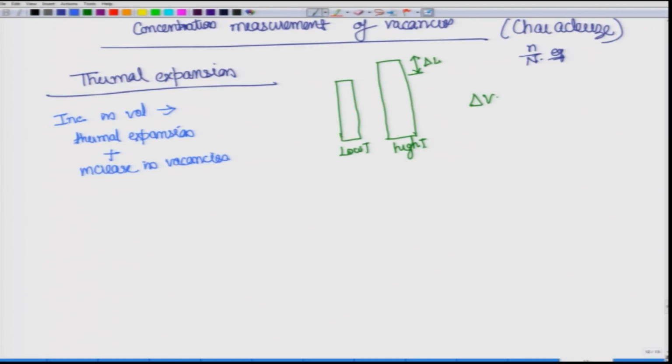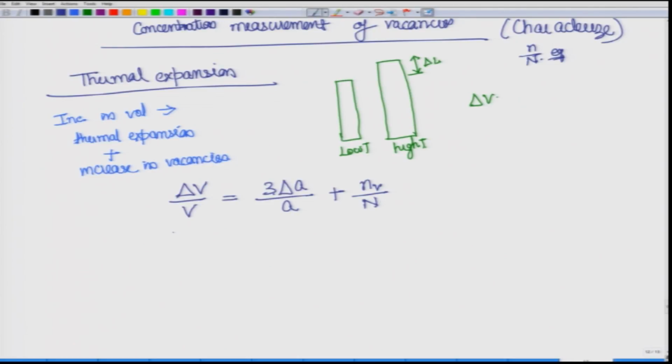So, we can put this equation like this. This is the total increase, delta V by V. Now, the thermal expansion is because of the increase in the lattice parameter. The lattice parameter is one dimensional, so in order to understand its effect in 3 dimensions, we will have to multiply by 3, which is the approximate change in volume because of thermal expansion, 3 delta A by A. And then n V by n is anyways 3 dimensional, so we do not need to multiply any factor over here.